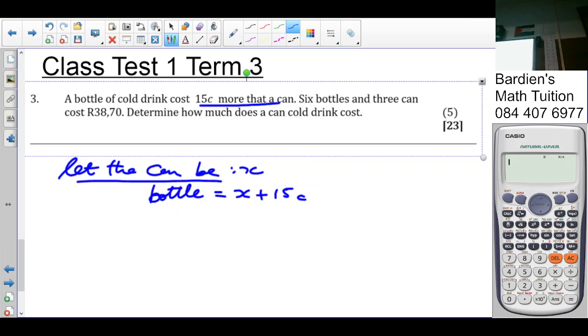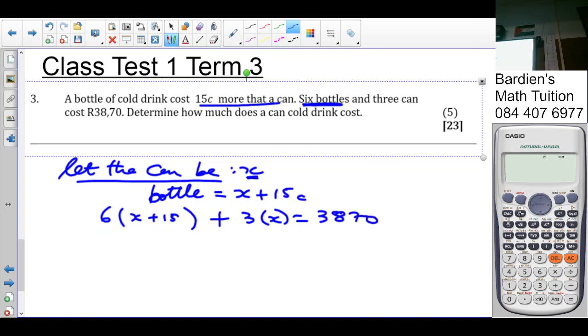Six bottles. How do we get 6 bottles? 6 times the bottle, which is X plus 15. And 3 cans. What is the can? X. Cost, which is equal to